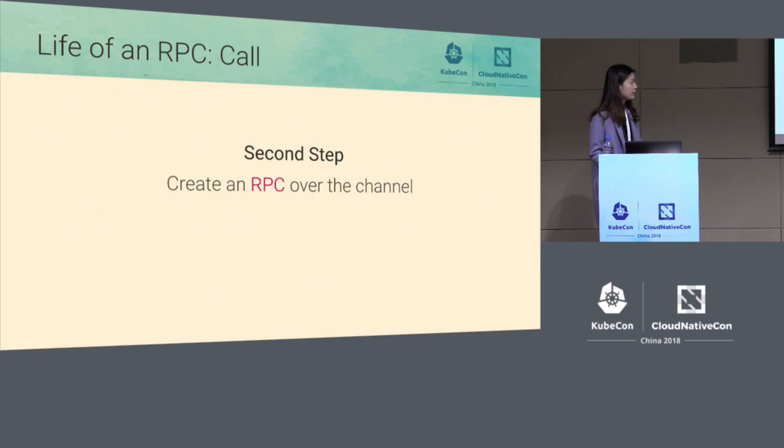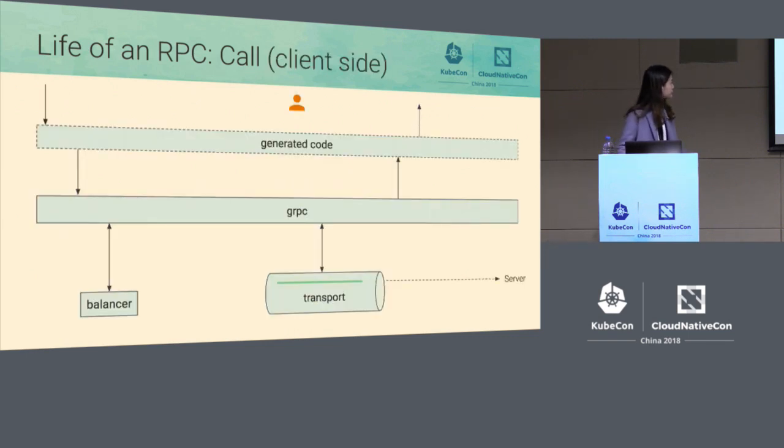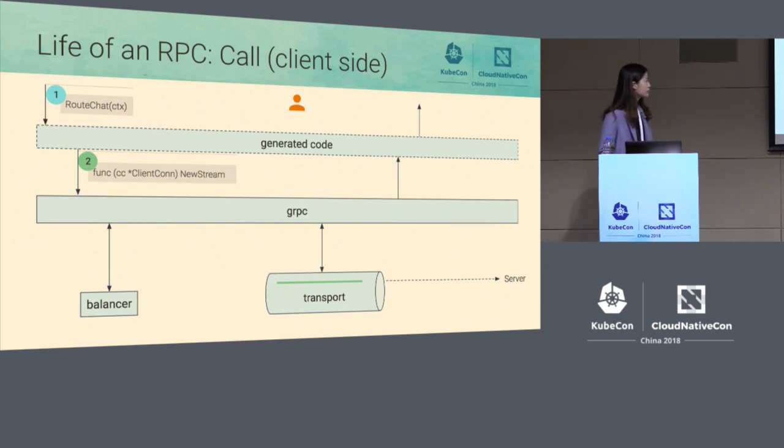And now we have the channel. We are ready to create an RPC over the channel. So the RPC is started by the user calling the RouteChat method on the generated code provided stub, initiated by the client conn that returned by the gRPC. And then the generated code will call the new stream function to let gRPC know to create a new stream